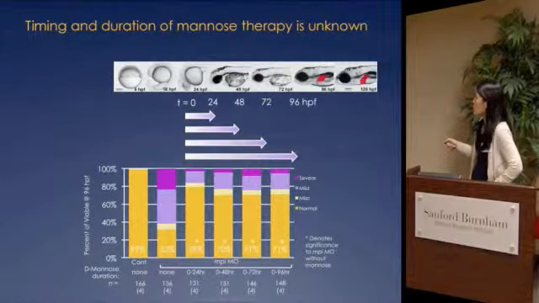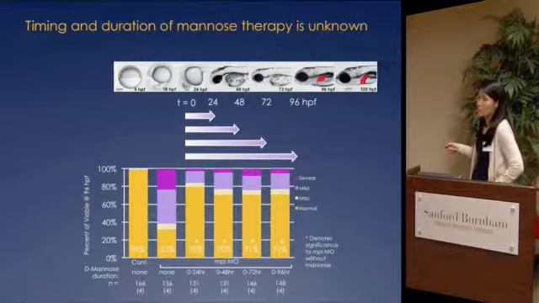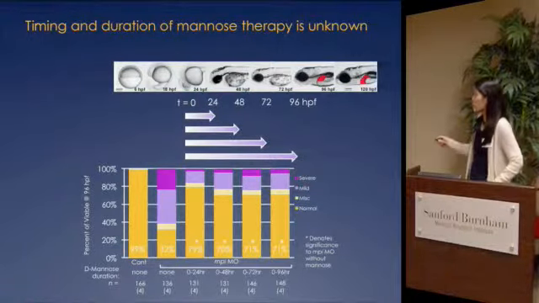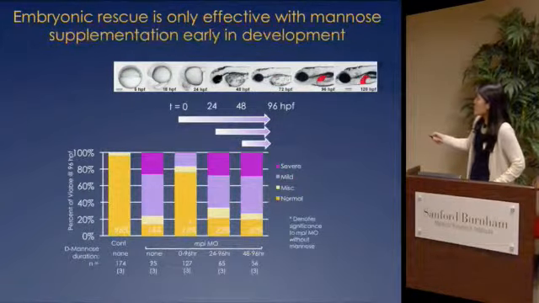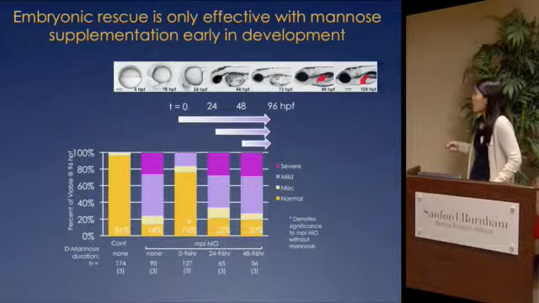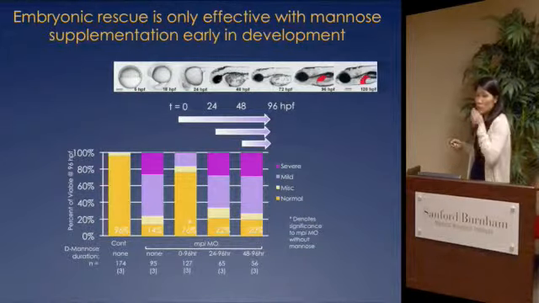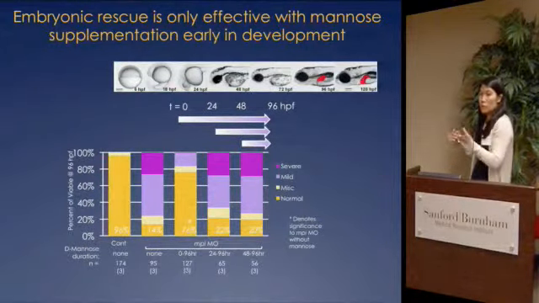And so we treated all of these fish at day 0. And we found that even if you withdrew the mannose at certain days of development, you would still get significant rescue with the mannose. So it didn't really matter, but you really needed to start it right at time 0. We tried the alternative, and we started at different days, but kept it on all the way till day 4. And we found that you actually had to start it at 0, and you could not start it later than time 0, which offered us a little window in saying that this is maybe a crucial time where the mannose needs to be started.